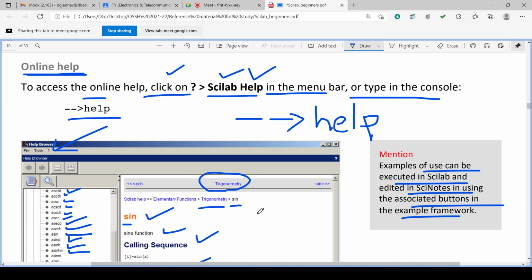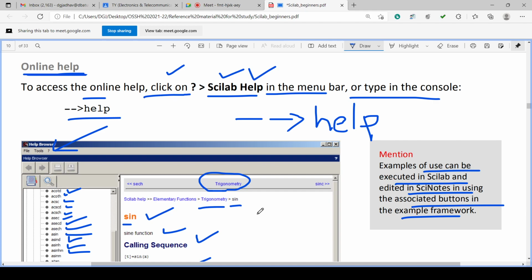And under the help window, you can have all the functions used in Scilab. And individually, each and every detail you can access there. You can read, you can understand, you can learn from that.